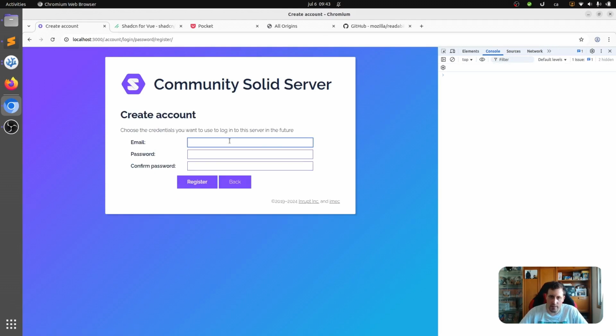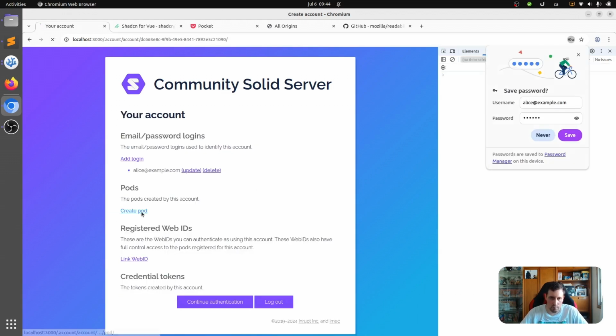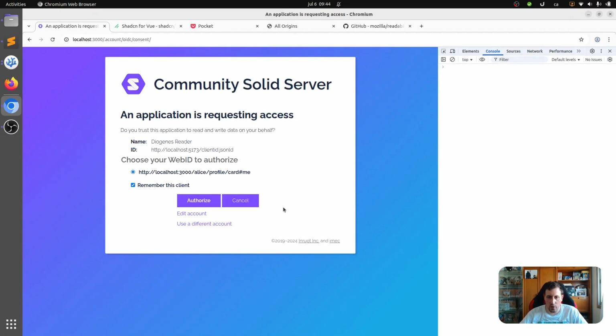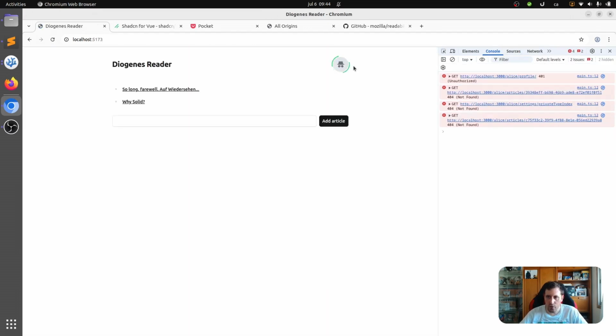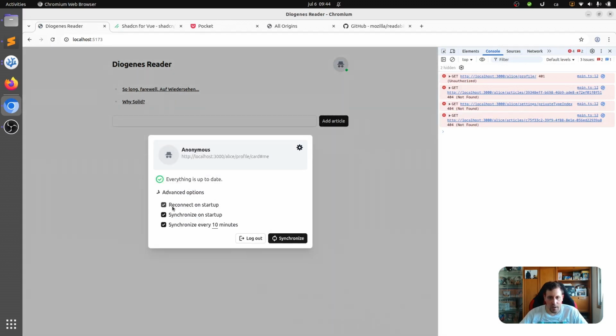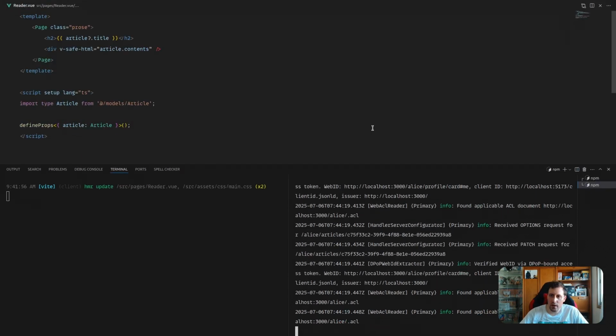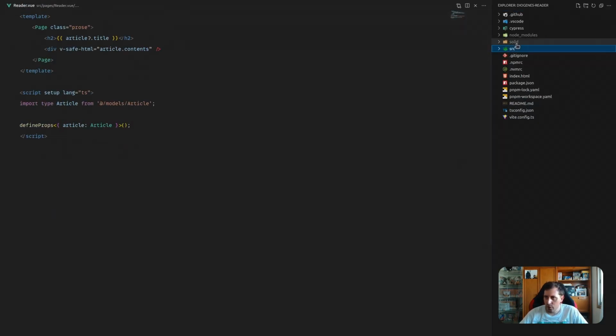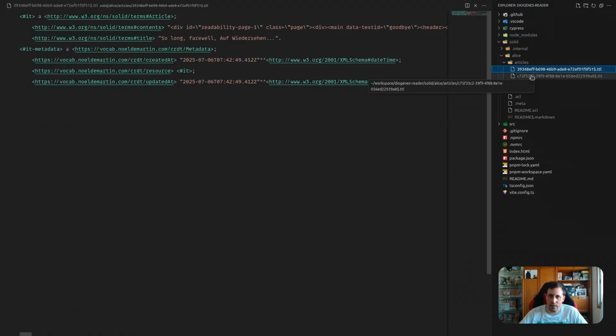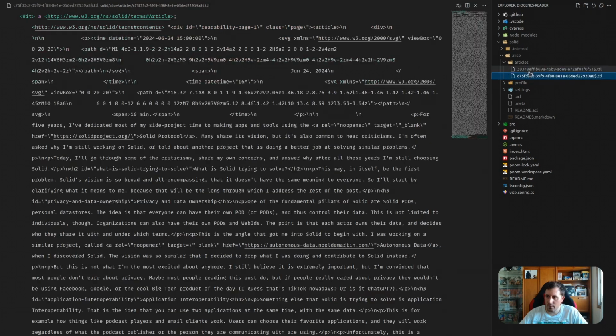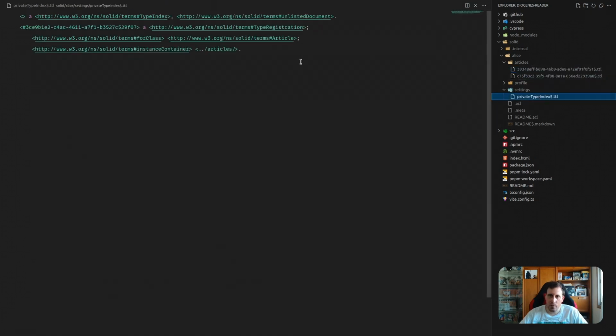So now here we are in the CSS pod, and we have to create an account. So once we have our account and we go back to the app, you will notice this is synchronizing, and as if it were magic, everything is working. So if we look at our pod locally, you will see here you have a solid folder, and this is actually your pod. As you can see, here we have both our articles, and if you go to the settings, you will notice this has also been registered using the type index,